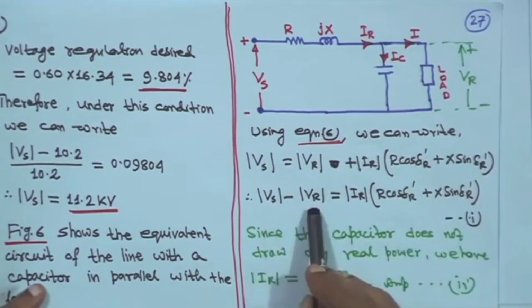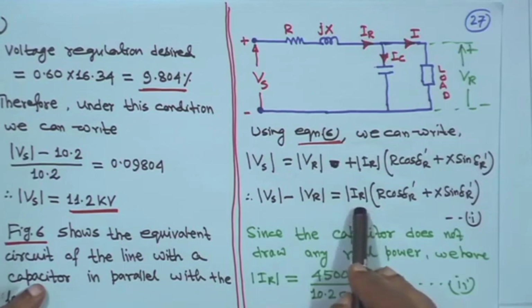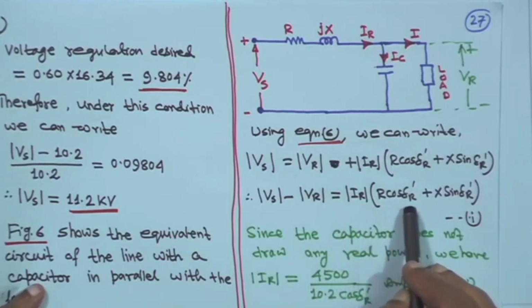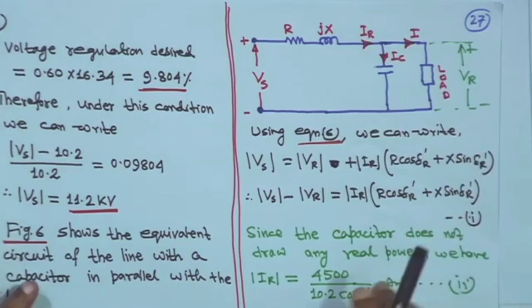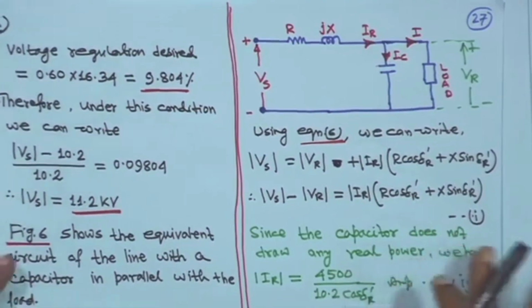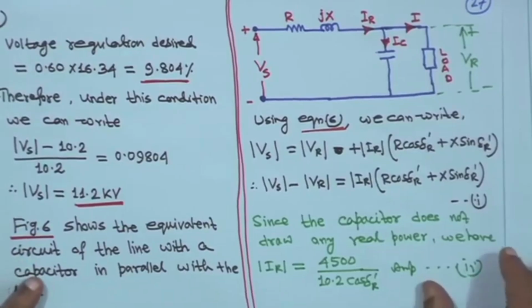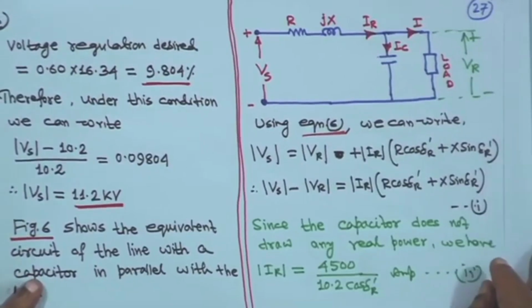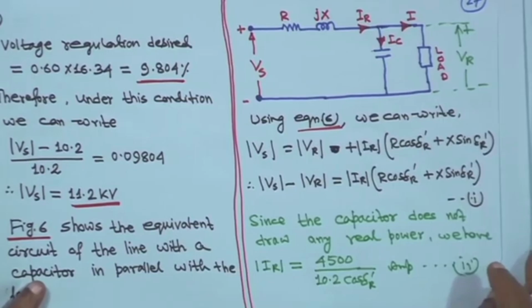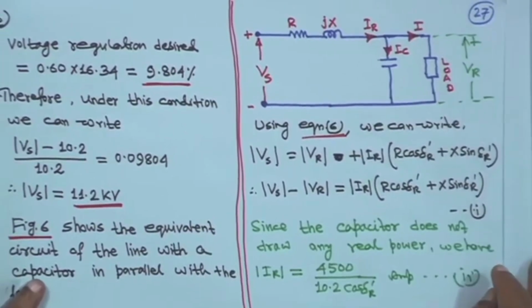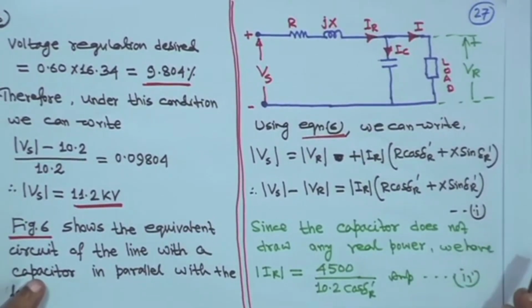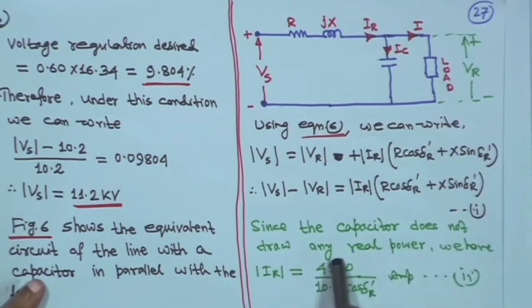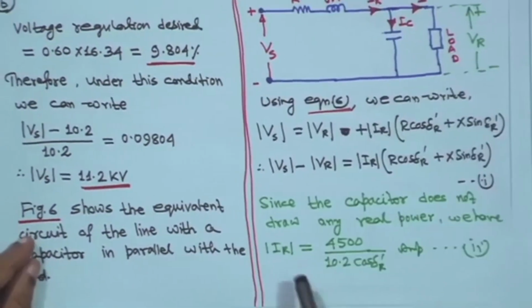So, magnitude Vs minus Vr is equal to Ir magnitude, of course, into r cosine delta r dash plus x sine delta r dash, right. Now, actually the capacitor, we assume, has no real power consumption. A little bit is there, but we will neglect that. So we will assume the capacitor consumes only reactive power, but no real power. Since the capacitor does not draw any real power,